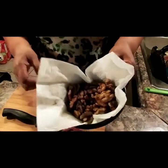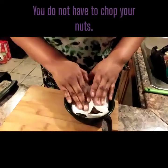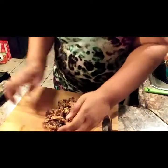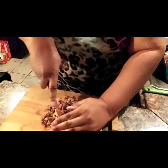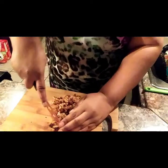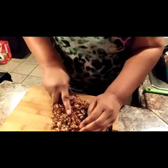Okay, you guys, now I'm going to go ahead and chop those walnuts we toasted earlier on my cutting board here. And I did take my little paper towel here and just dab some of that excess grease off of there. I don't want my granola to be too greasy. And I'm just going to chop. Do a rough chop. You can do a fine chop. You can put this in your little chopper if you prefer, and just chop this all up,